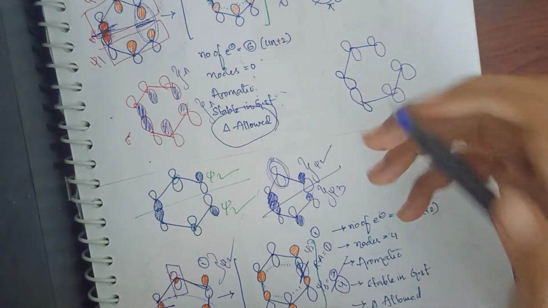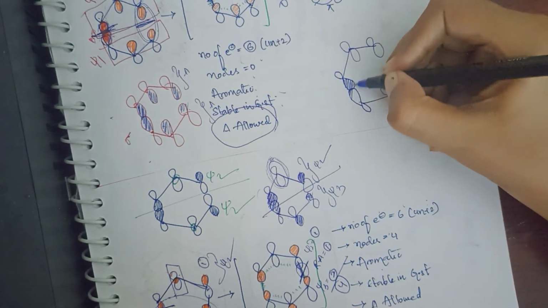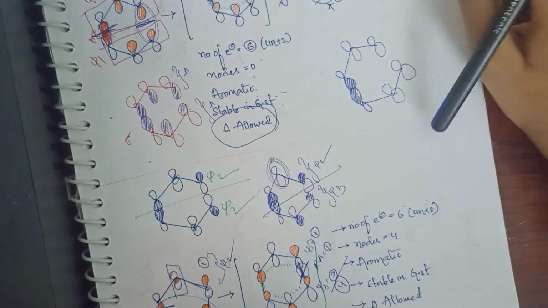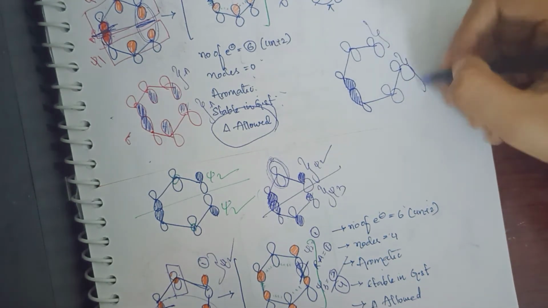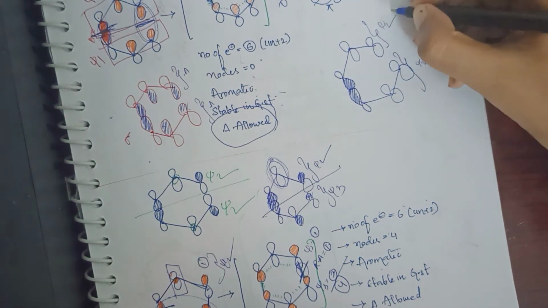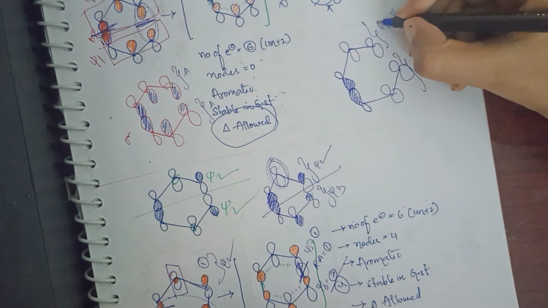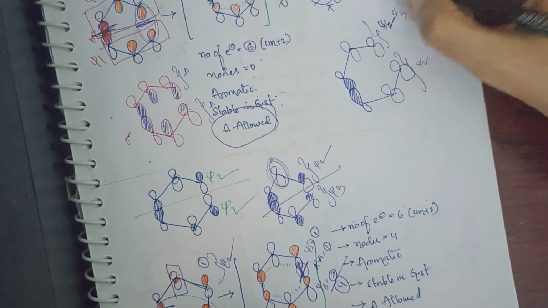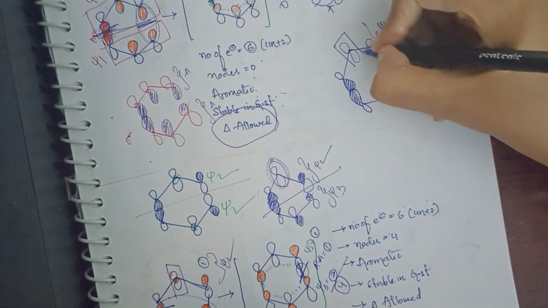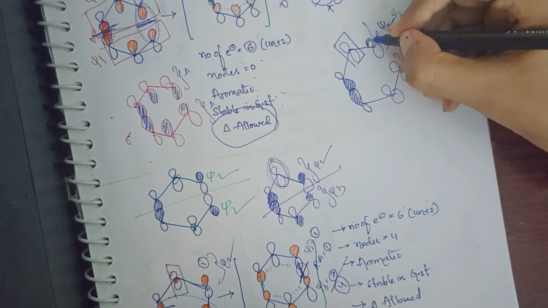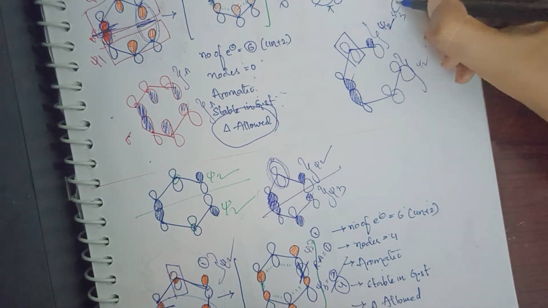Now you take both of these. First you keep it as bonding. Later you decide whether you want Xy2 Xy2, or Xy2 Xy3, or Xy1 Xy1. Whatever you want you can take. If I take Xy2, you should have one node, so I will ignore this. Opposite side shaded means I will get one node here.